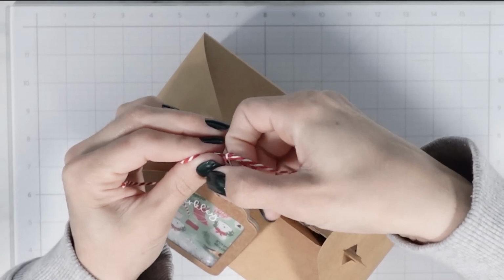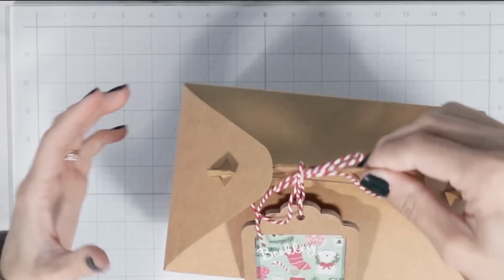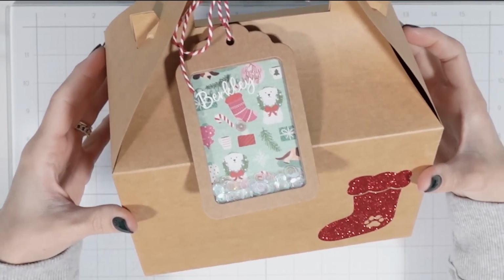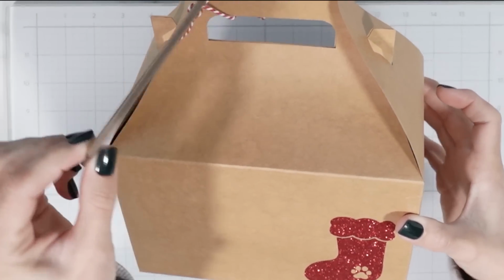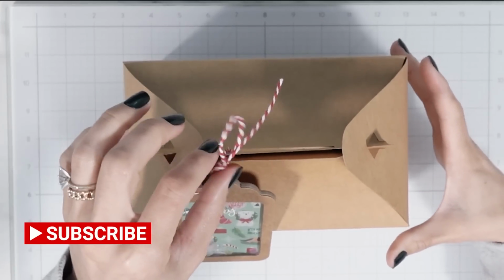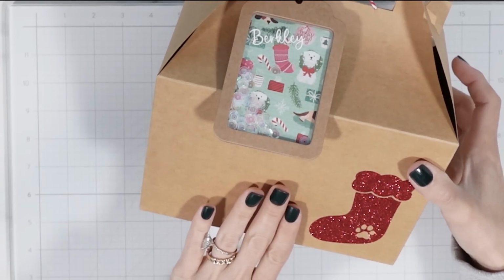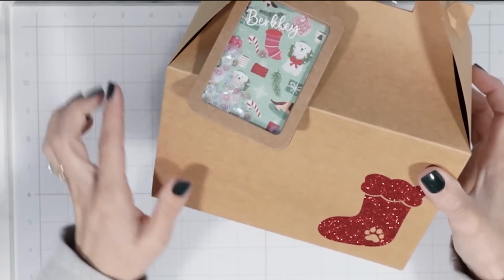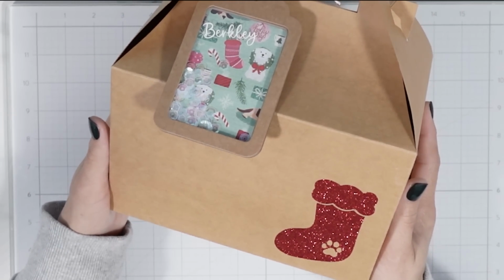Okay, guys, so I'm just tying the tag around the handle here. And this is going to be the gift for Berkeley. So you got the really cute personalized shaker tag and then the paw print. And this is so cute. And if you caught my video before this, I did something similar with a gift box, and I'm loving this, and I know that they are too. All right, so the next craft